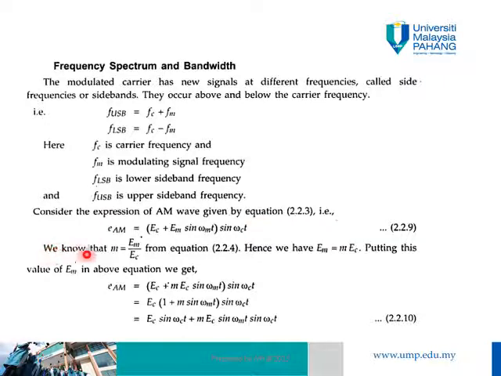equation. We know that M equals EM over EC. We have discussed this. Hence, we have EM equal to MEC. Putting this value of EM into the above equation, we expand this equation: EC, MEC sine omega M T, sine omega C T, and so on. Okay, so we have this sine